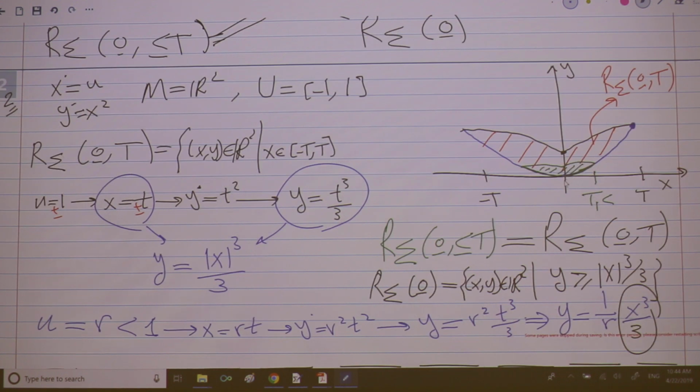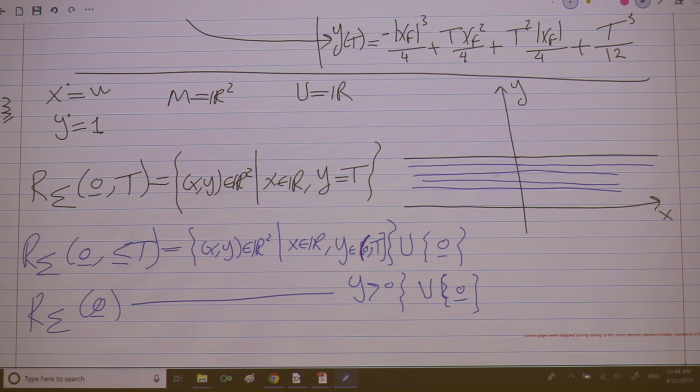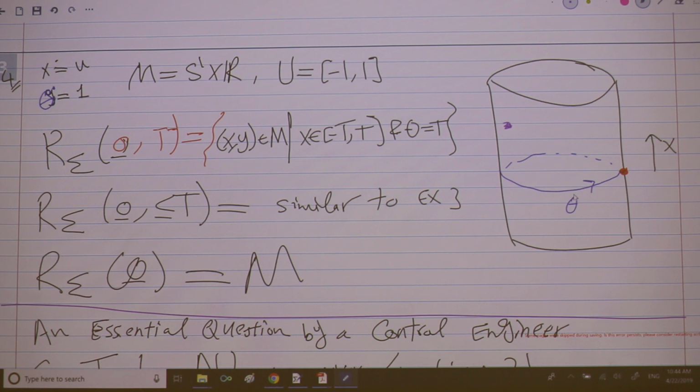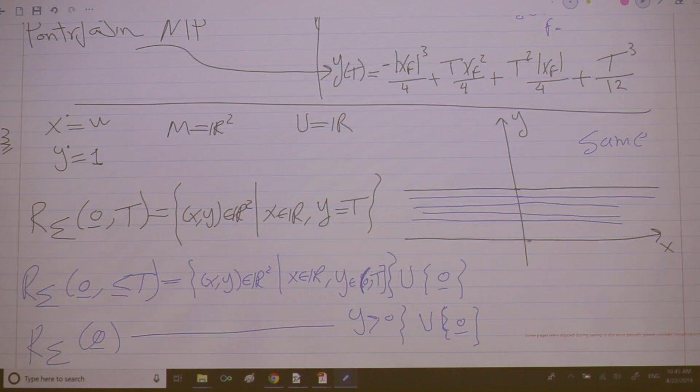Here, it's similar, it's accessible. Look at the reachable set here, how it looks like. It really has non-empty interior, and X naught is in the boundary, the origin. So this is same as before, as example 1. Here, this is the reachable set, which is the collection of all these points. Again, it's same, right? What about this guy? This reachable set looks like this guy. Well, this is the x naught.